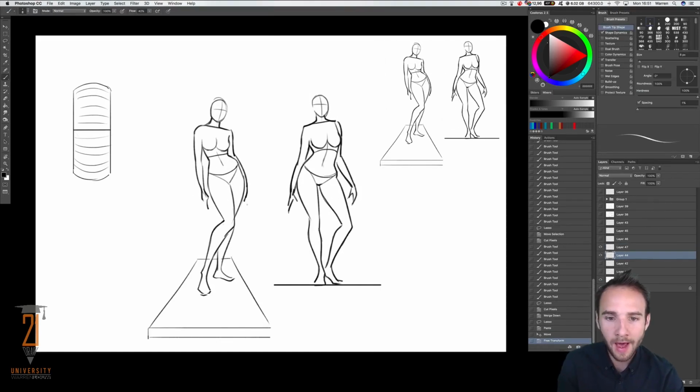Because of the shape of the leg itself, this is a good starting line to have. This leg is more to the side, so you know that it's going to have this kind of shape to it. And since this leg is falling more behind, because this knee is coming a little bit more forwards,